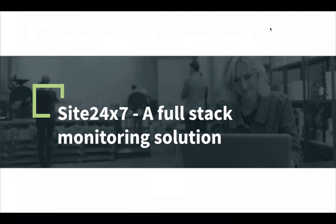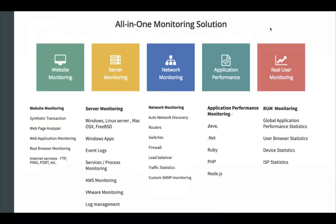We'll show you how you could use Site24x7. Not only does Site24x7 help in performance monitoring, but it also helps to optimize resources being used. Being an all-in-one monitoring solution, Site24x7 helps you monitor every layer of your customer's IT infrastructure stack and ensures that their IT operations happen without any hiccups. So first, let's take a look at the service offerings you can provide as an MSP to your customers with